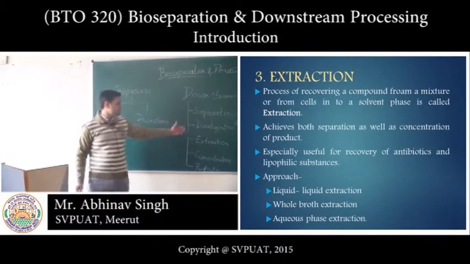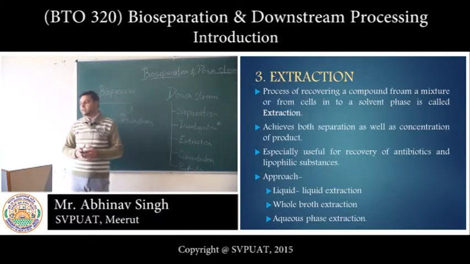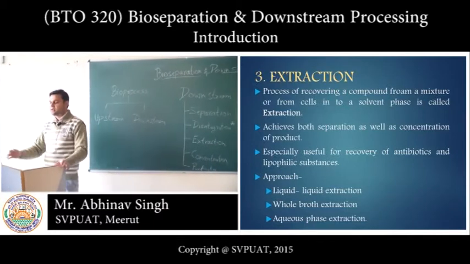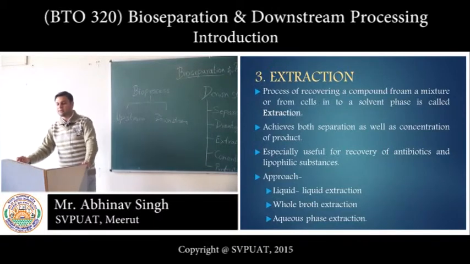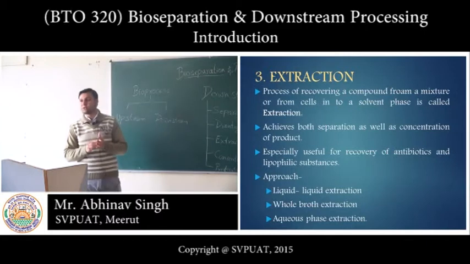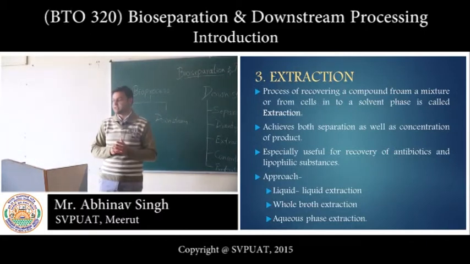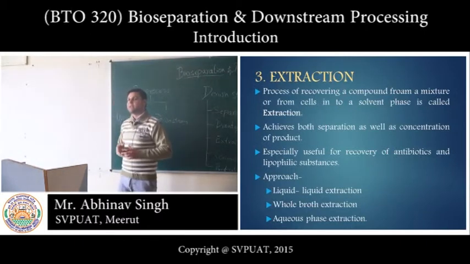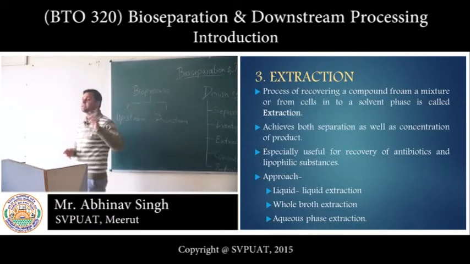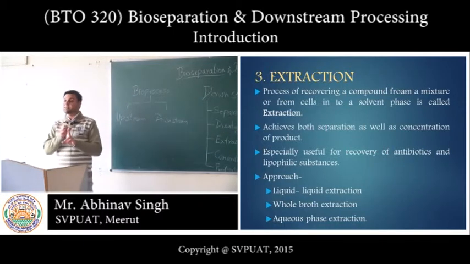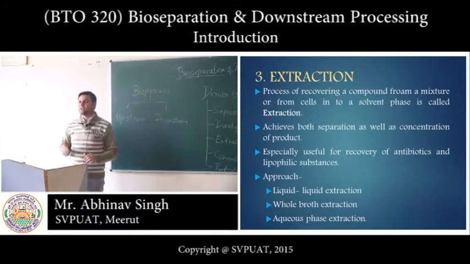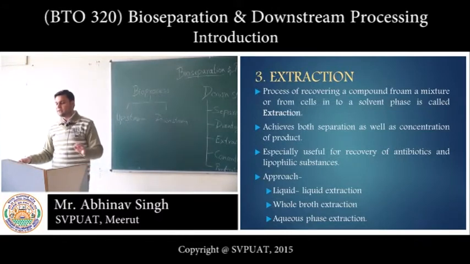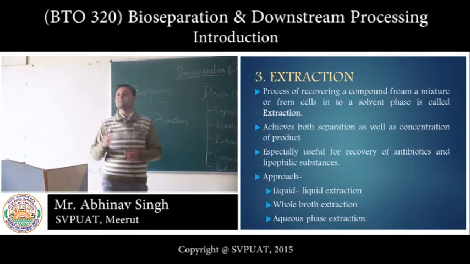The next downstream method is extraction. What is basically extraction? Extraction accounts for the process of removing a product from a mixture of cells into the solvent phase. The extraction will help us to achieve the two different things that we have discussed. It will help us to get separation as well as the concentration of that required product. Along with it, it is also especially useful in the cases of recovery of compounds like antibiotics and lipophilic substances,